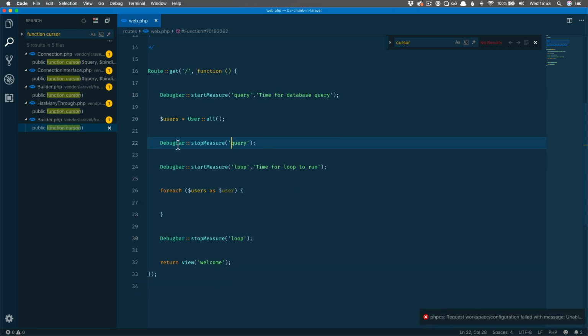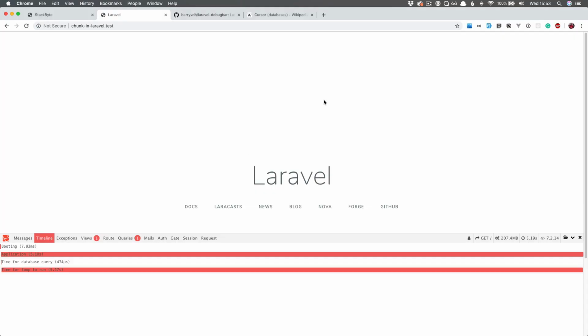You can see I've added a few of these debug bar measurements in so that you can see, but basically what we're doing is grabbing all our users and then just looping over them, not really doing anything, but this is where we would do something to our users. So if we head back to Laravel and we refresh the page,